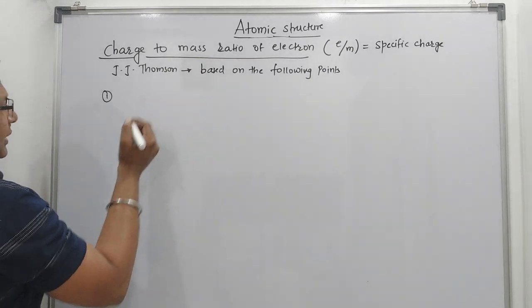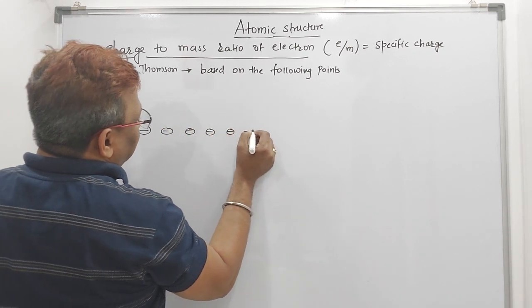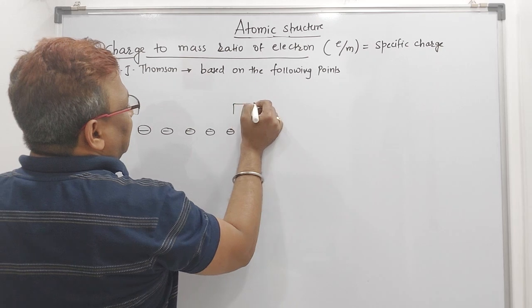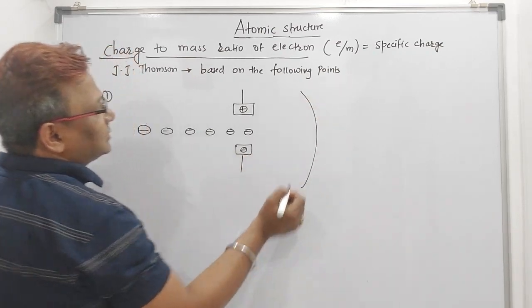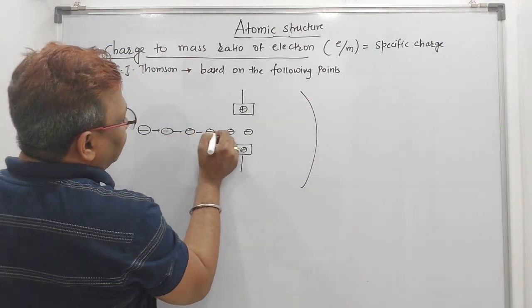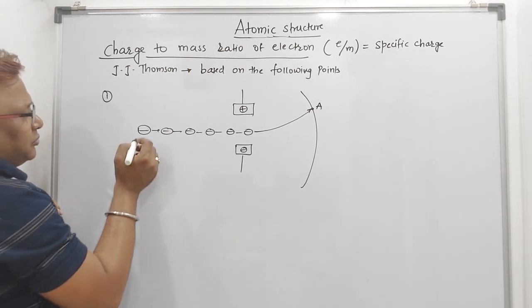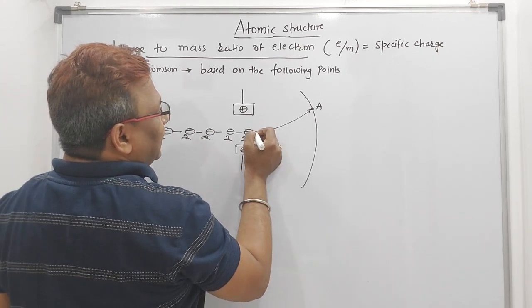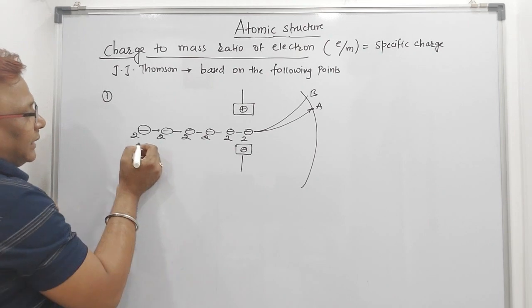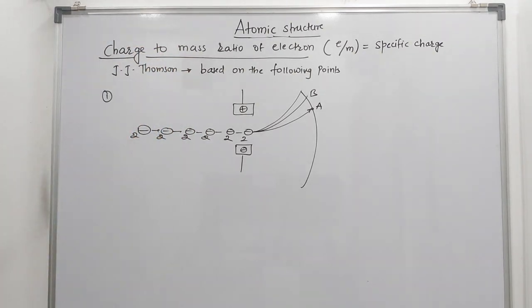Let me explain this. Suppose these are the negatively charged stream of particles, cathode rays. When we apply an electric field, with a positively charged anode and negatively charged cathode, and a screen here, these negatively charged particles move upward. Let us say they move to point A. But if the particle has two negative charges, then by applying the electric field, instead of going to A it goes to somewhere like B. As the magnitude of the charge increases, the deflection increases. So the first point according to Thomson is that the greater the magnitude of the charge,